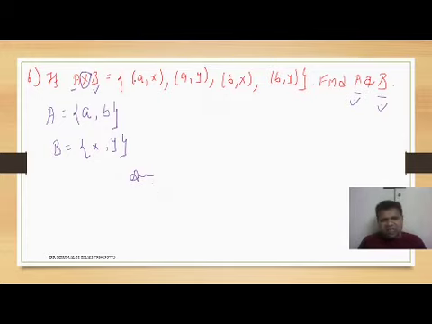Once again, what did I do? From the first element we get the domain, so A shows the domain. From the second element we get the range, so B shows the range. So for domain A, the first elements are A, B, B. I have to consider the first element, so {A, B}. We cannot repeat things inside the set, repetition is not allowed. B is equal to the second elements X, Y, so that's going to be {X, Y}. Will do? Sure. Make a note.